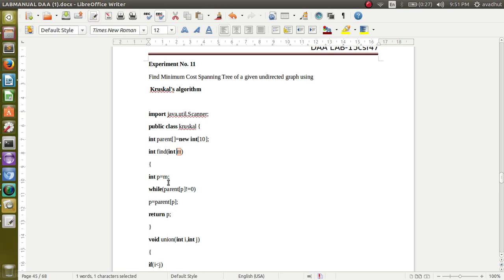While parent of p is not equal to 0, p is equal to parent of p. If there is an edge at that p, only then can we say that p is a parent, otherwise we cannot find its parent. That is what the find function does.